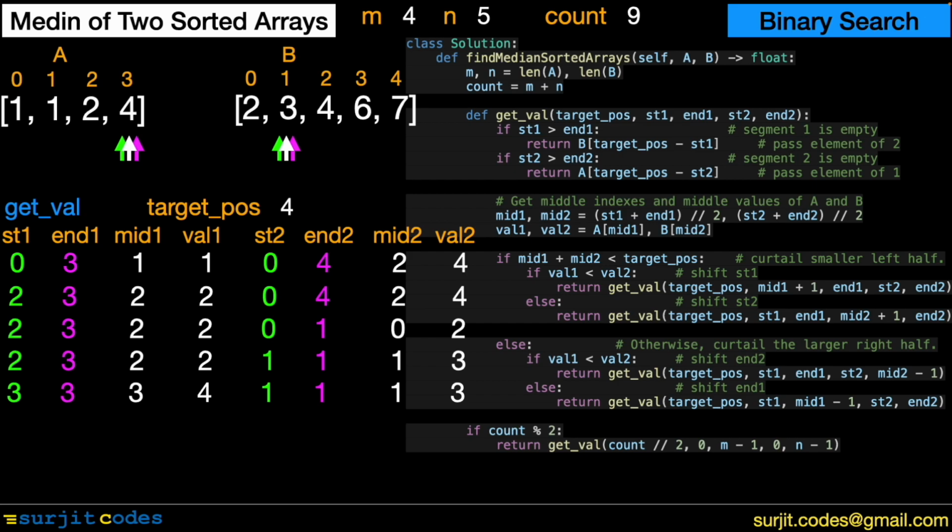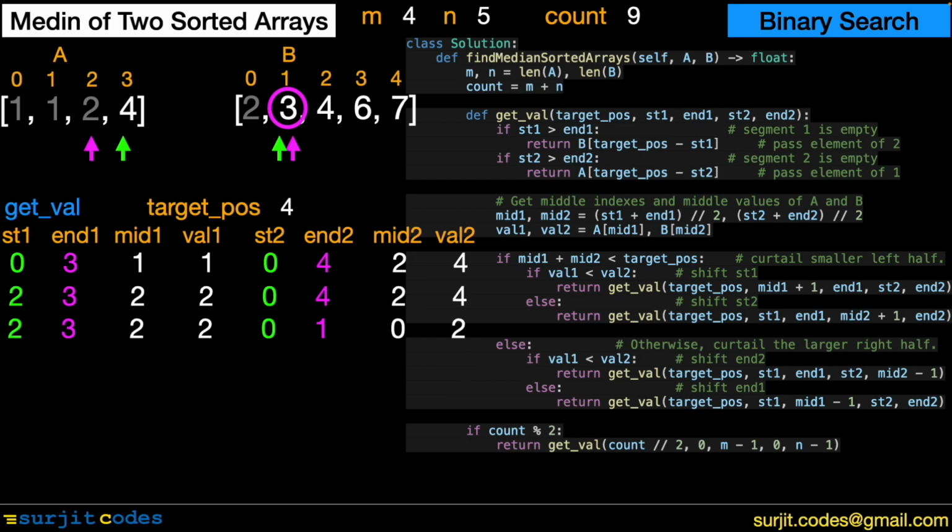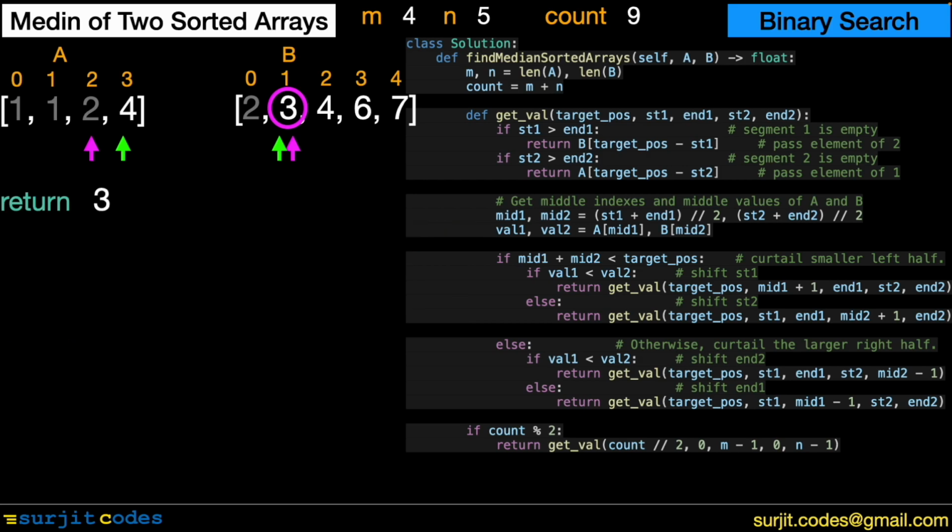Mid1 plus mid2 is not less than target position and we move the end1 pointer because val1 is greater than val2. In the next call, st1 is greater than end1, which is an edge case. st1 is 3, so we discard first three elements of A and one of B. Value at target position minus st1 is 3. We return it to the previous call, which is carried by all previous calls, and it becomes the final answer